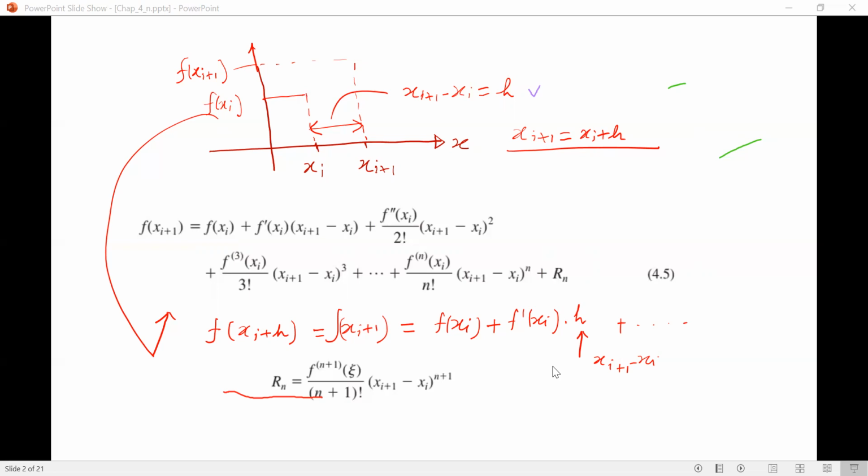But some functions can be there where the number of derivatives is infinite. For example, consider that we have a function, say x cube plus 3x plus 5. What will happen? How many derivatives can we obtain there? If you just take first derivative, second derivative, third derivative, then no other derivative will exist. But if we have cosine or sine functions,